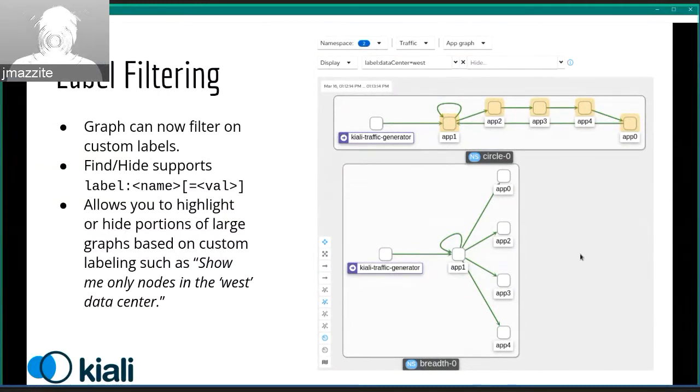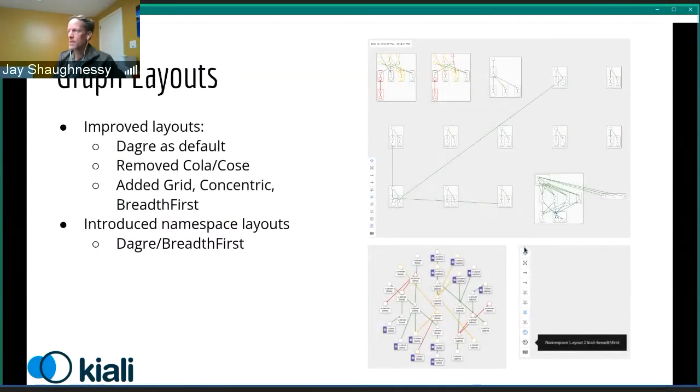All right, moving right along. So I've got two slides here. One of the major things that we've been working on, especially was Lucas's. Unfortunately, he's not here to show it today, but we have done a lot of work on layouts because layouts are really critical to looking at your topology,